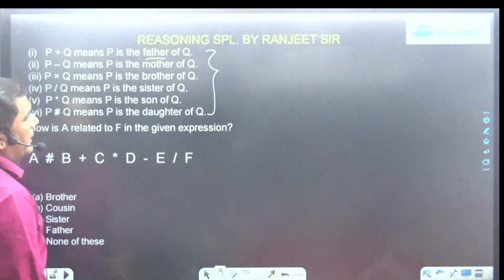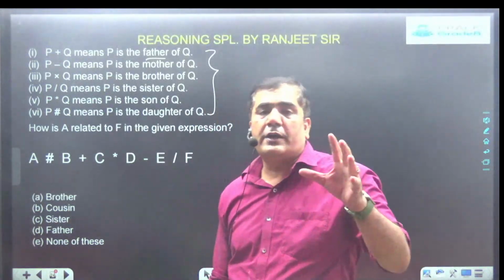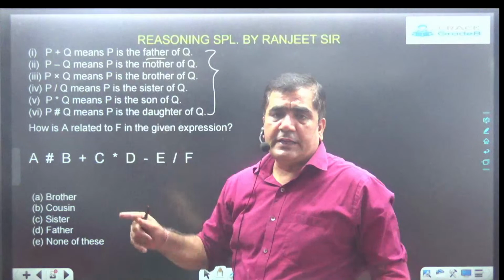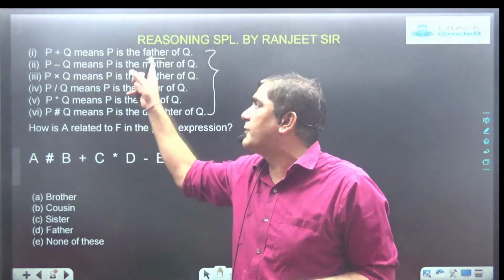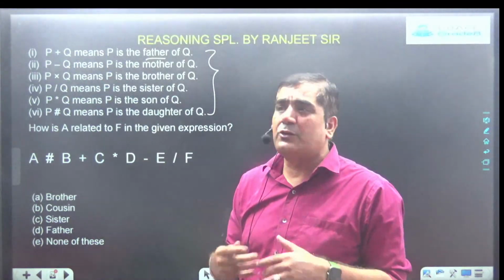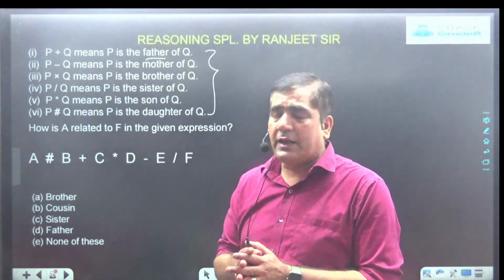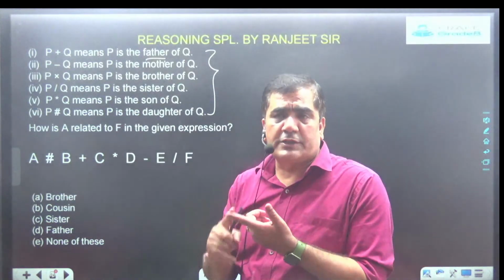Okay, let's understand the basic concept. Whenever any question based on coded relation is going to come, the examiner will give this direction. This direction may or may not be the same. It's not fixed that plus always stands for father. They can use any symbol, any number. Clear? So whenever any direction is given to you like this, your first job is to see who has come